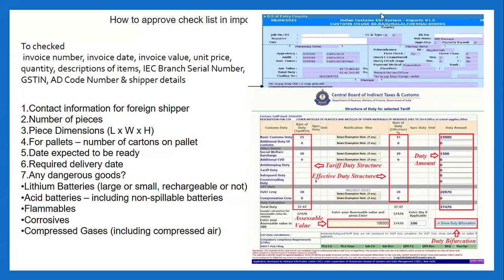What happens when the importer places an order for import is that the supplier dispatches the goods from the origin country. For example, we are the importers sitting in India, and we have to import some goods from China. We place the order for the import and the Chinese supplier will dispatch the goods as per the order. Before this activity, Incoterms, payment terms, and agreement and contract, all the process has been done. Now the process of checklist approval.